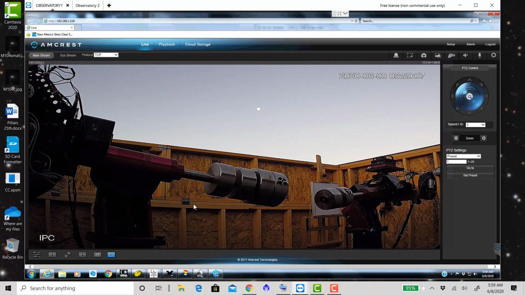There's a lot there that we are interested in imaging. So in order to see that, the piers had to be set higher, and as a result, the telescopes have to be parked flat. And you can see here, the telescope is parked,